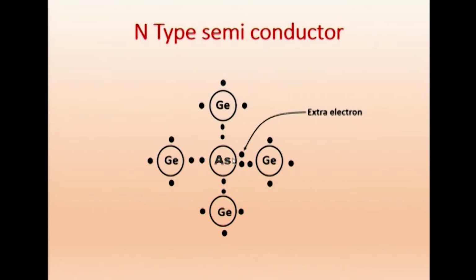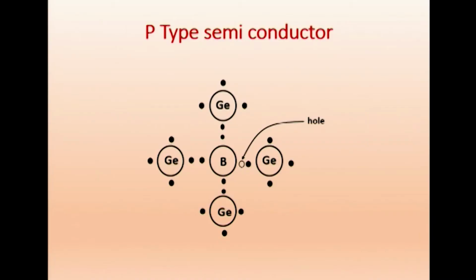So that germanium will be knocked out, and instead this As comes into the picture. It will take the location where germanium was located. Instead of 4 electrons, it will have 1 extra electron. The 4 electrons will be bonded with the neighboring germanium, and there is 1 extra electron. Suppose you have pure germanium, that is called intrinsic germanium. We add As. Maybe of 1 lakh germanium, some 10,000 As is put. Then we will have 10,000 extra electrons. Therefore, the semiconductor has become an N-type semiconductor because of the extra electron.